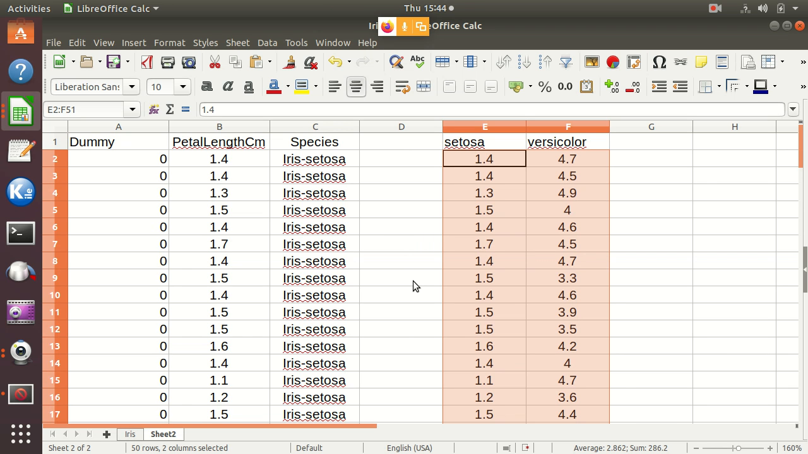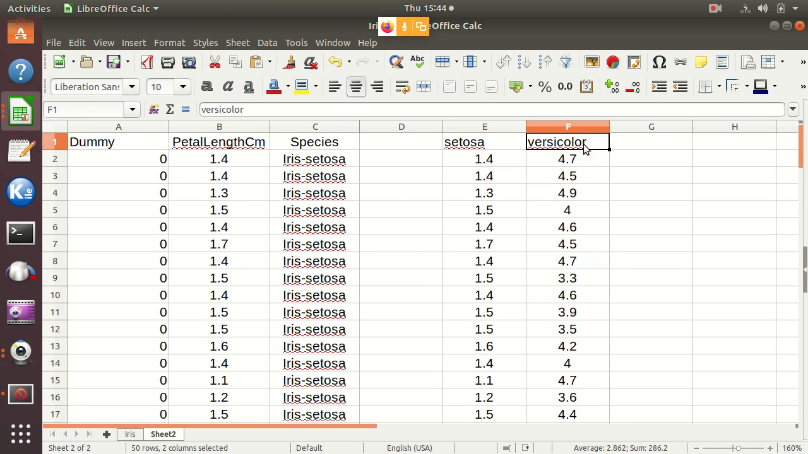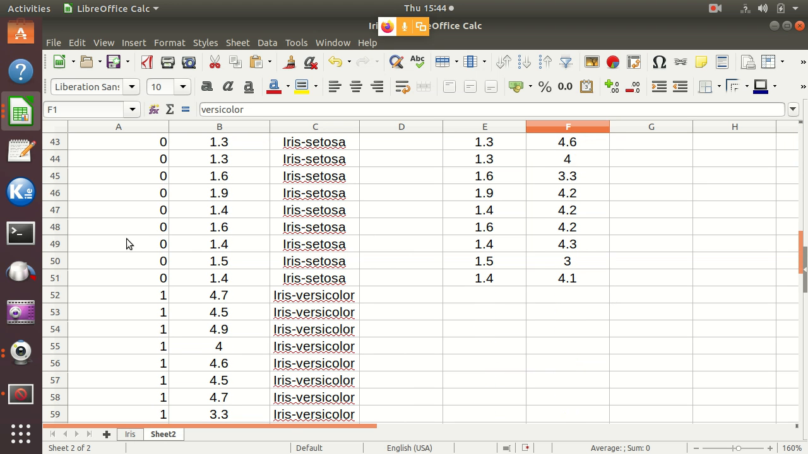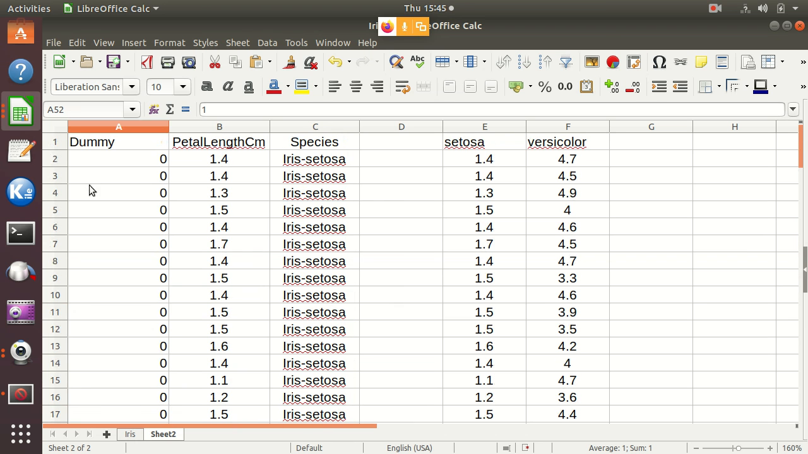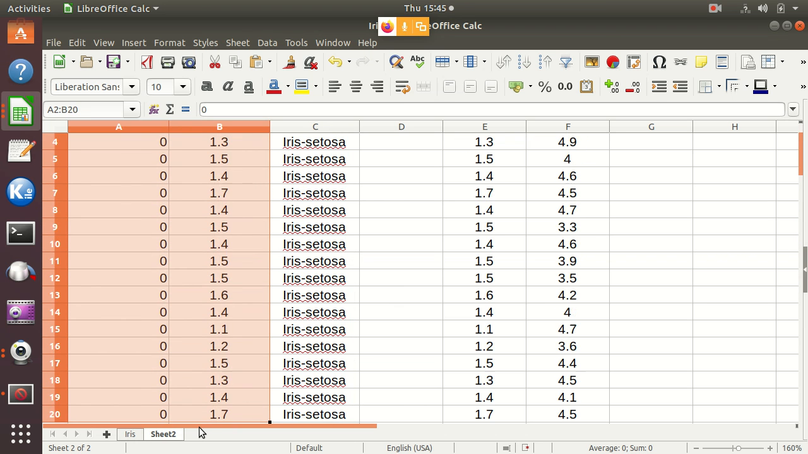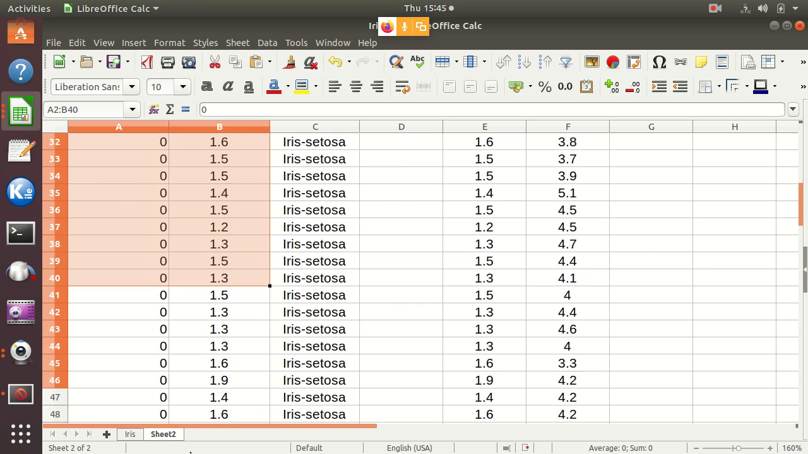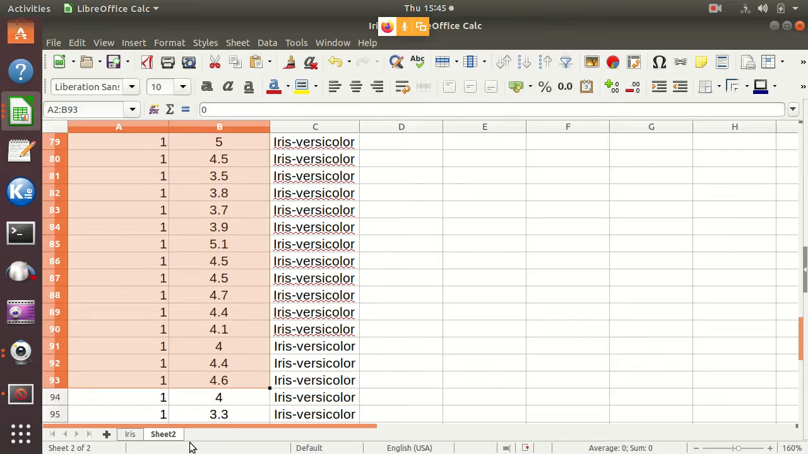You can look at petal length, and so we've got the iris setosa, and then over here there's versicolor, and these are the petal lengths. Okay, now they're all in one column over in column B, and I've already put the dummy variable of 0s on the setosa, and see where I changed to versicolor, I changed that to 1s. Okay, so now if I highlight all that, should be 100 of them,